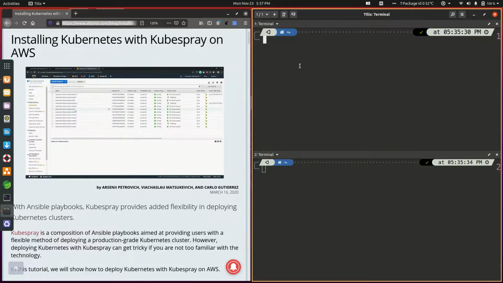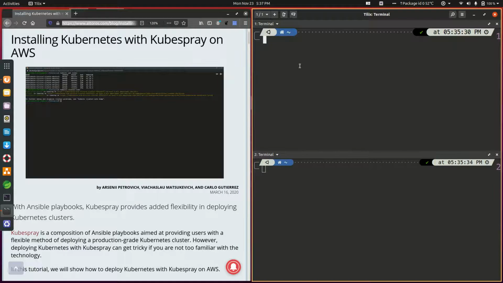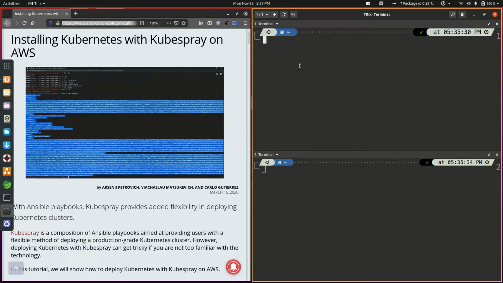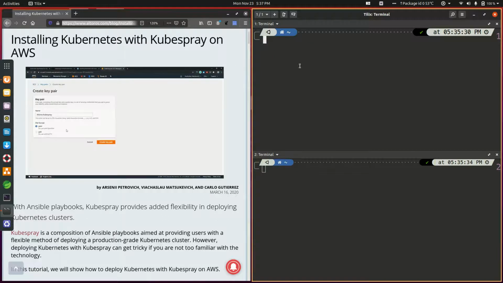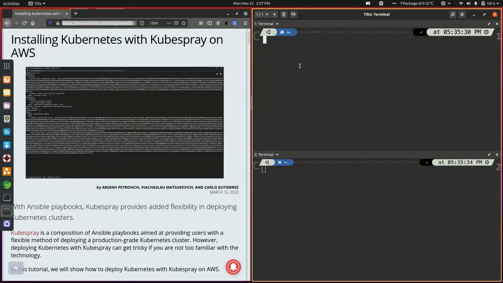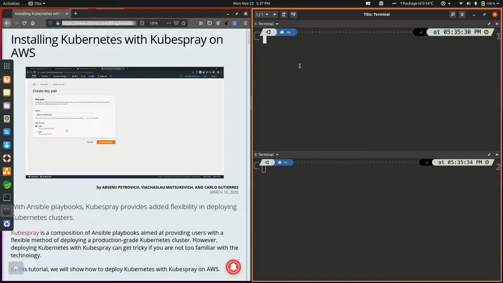Ansible will actually be used along with KubeSpray to deploy the Kubernetes cluster. So the roles are very much predefined here. Terraform will be responsible for provisioning the AWS resources, and the second tool, which is the combination of Ansible and KubeSpray, we will use to bootstrap Kubernetes, or install Kubernetes, on those EC2 instances.